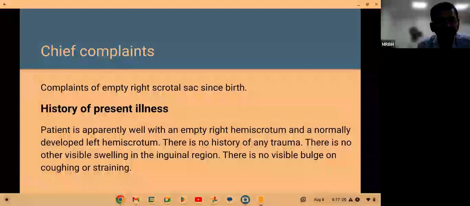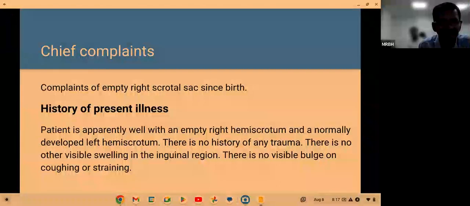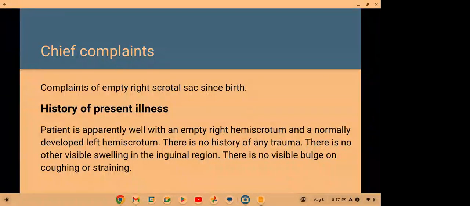Yes, please. So these are histories as given, but I think it's incomplete. You have only written 3 lines in the history of present illness, so it should be a little more exhaustive. You have to write in the history of present illness whether the patient had any painful swelling, or, because the child is only 1 year old and will not be able to complain of pain, whether the parents ever experienced any painful swelling in the inguinoscrotal region